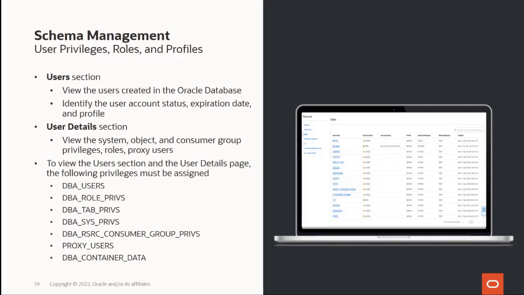But then as long as you have that, you would get to know the feature functionality in terms of how many users do I have, what is their status, and also the detailed drill down in terms of what are their system privileges, what are their object privileges, what is the consumer group privileges that I have, if at all there was a consumer group that was already set. So it's a very handy feature from a security perspective, looking at a holistic view in terms of the user